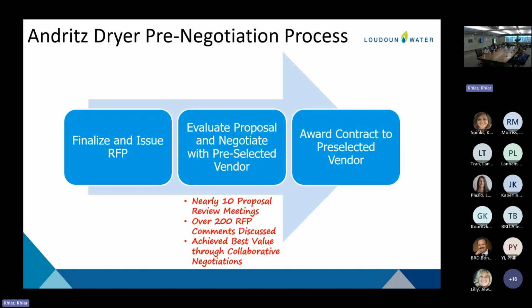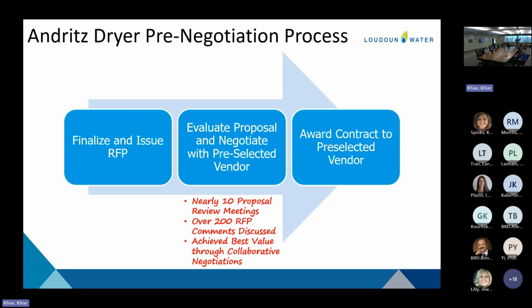Another thing in the negotiations is that we've also been able to advocate for preferences and needs for Loudon Water. An example of that is longevity. We're seeking to get components and systems that will give us the greatest longevity so that we have the most time to really get acclimated and comfortable with this dryer system before we have to do any major maintenance or anything like that. All those things have gone into the negotiations to achieve what we believe is the best value for a rotary dryer system at Loudon Water.